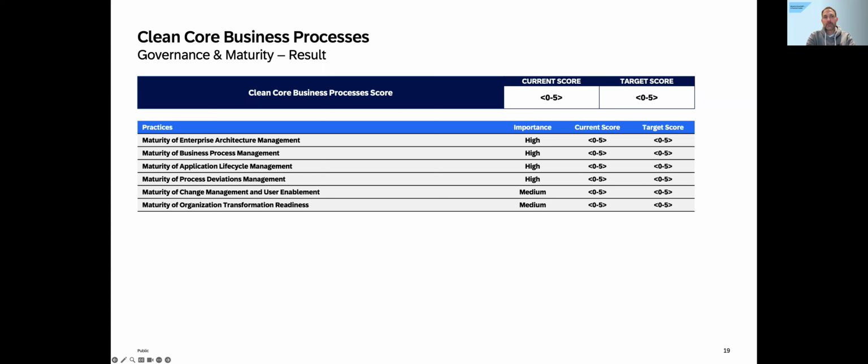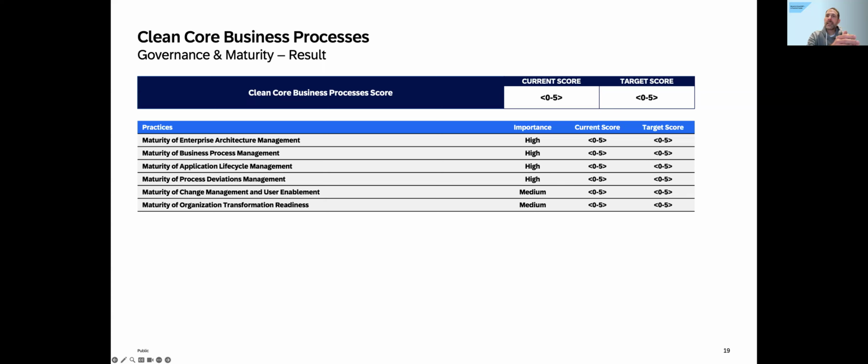It might be a case where someone says process deviation management is absolutely essential for us from now on into the future because we want to be in the public cloud in 2032. That's our goal. And this is a custom example. If I have such a target, well, in process deviation management I need to have much more control and much stricter rules. In other cases, for example change management, if I'm an organization that is not spread worldwide, that has a headquarter and a few facilities around Germany, I might say, hey, change management I can do, but I don't need a bombastic e-learning tool.